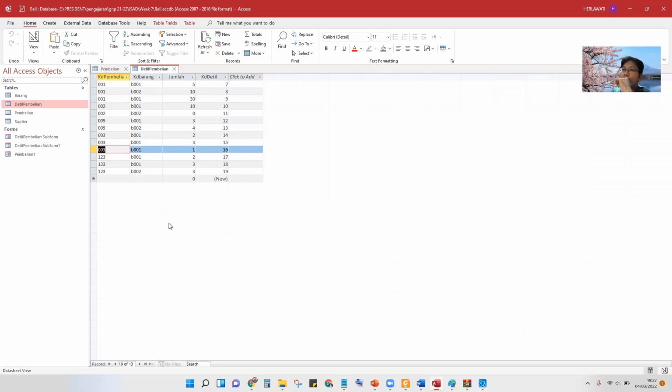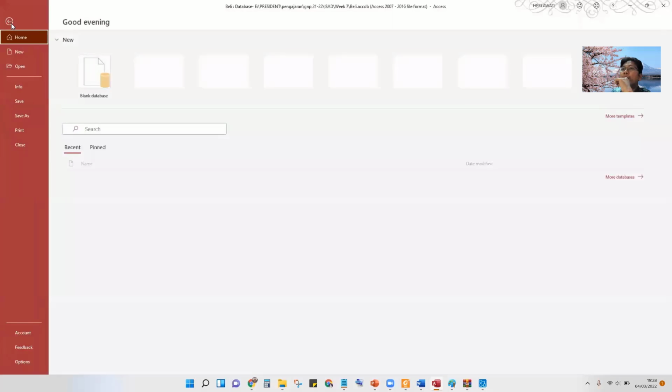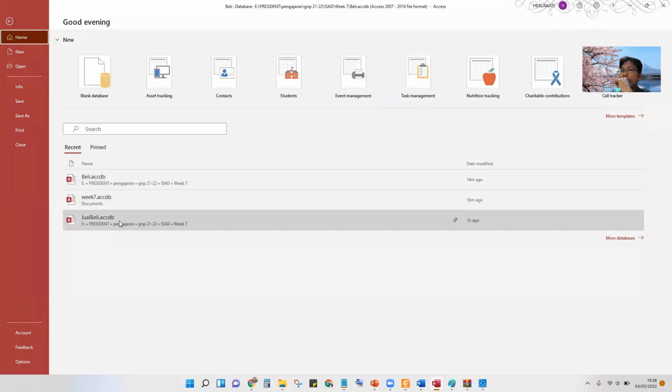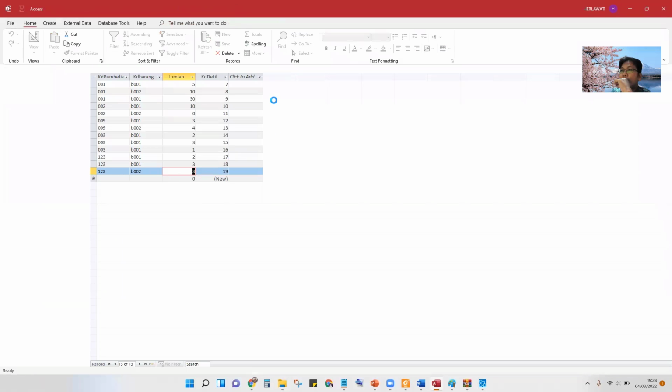So if we want to search what items we bought with the ID buying here, we can use this detail. We see there are three items with the numbers 233, and then usually we have to add some prices here.